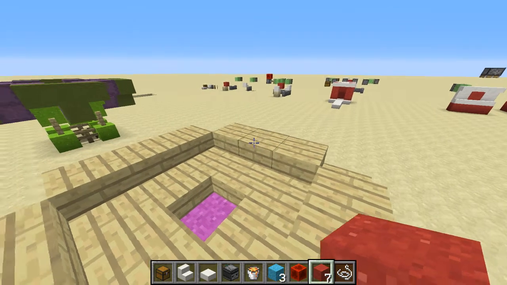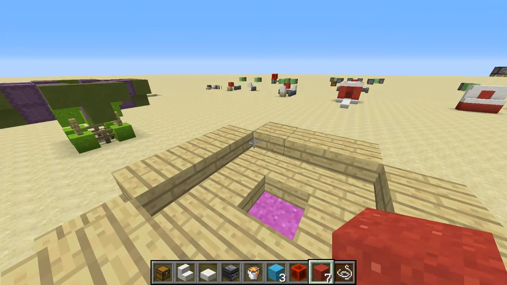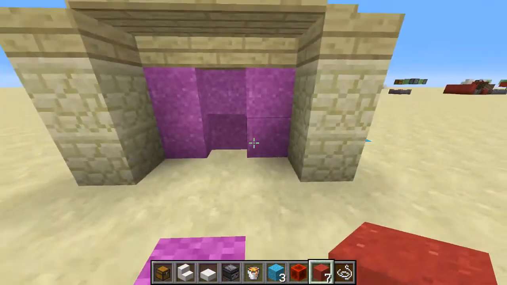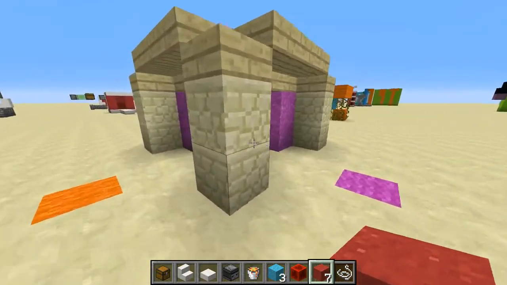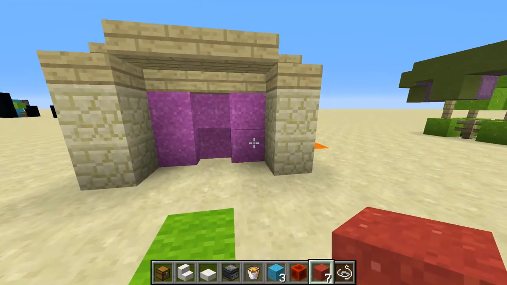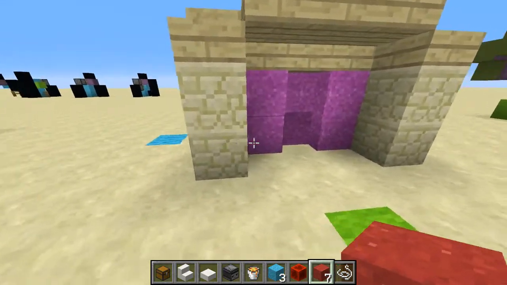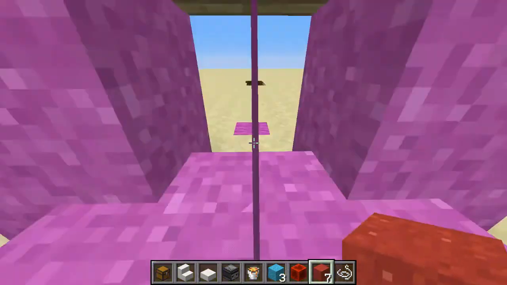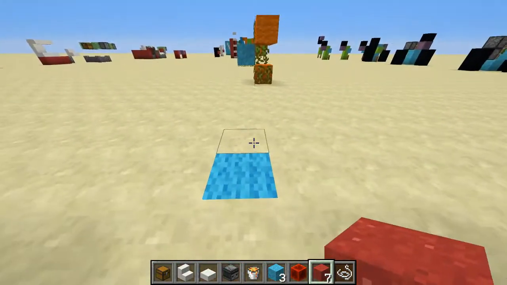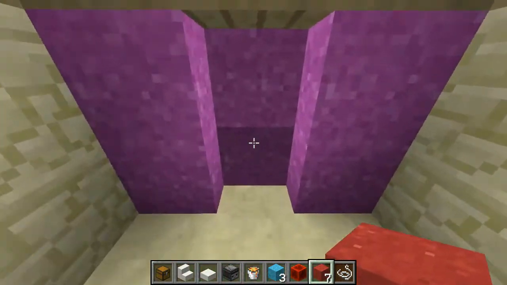Revisiting the hidden entryway that I showed earlier, I realized with the ease of use of using the shulker boxes, you could actually make it a 4-directional gateway. And so what I have right here is exactly that. You could hide it a little bit better with the magenta concrete that I have, but basically, if I walk into the center here, I can walk through to the other side, but wait, there's another side over here, and